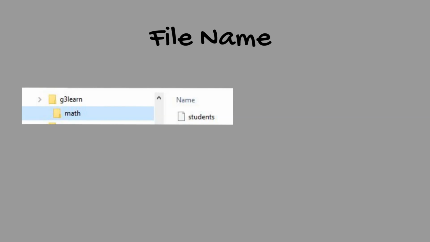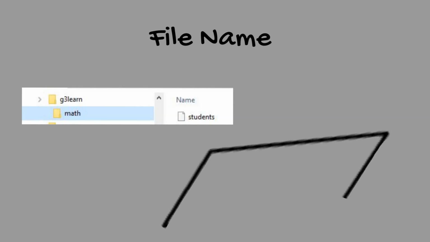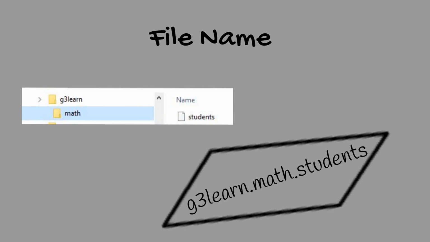To understand the concept of GDG files, first we will look at the mainframe file concept. In mainframe, the files are named in a dotted convention, and the values before each dot are called qualifiers. Let's relate this to the folders and files stored in our C drive. Consider that your C drive is a mainframe server and you have a folder named Gen3 Learn, and within the Gen3 Learn folder you have created a subfolder named Math, and within the Math folder you have a file named Students, where you will store the names of the students enrolled in Math class.